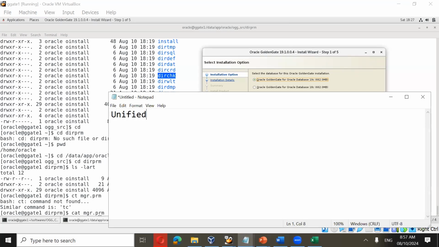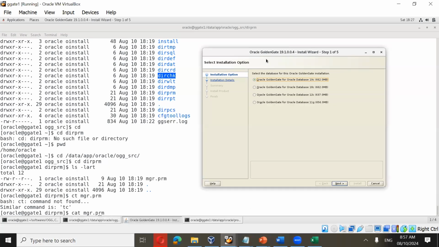It is called unified build support. So Golden Gate 21C has unified build support. That means the same binary works for 11G, 12C, 18C, 19C or 21C database. You don't need to provide the database version for which you have to install Golden Gate. But in 19C, you have to provide the database version for which you want to install this Golden Gate